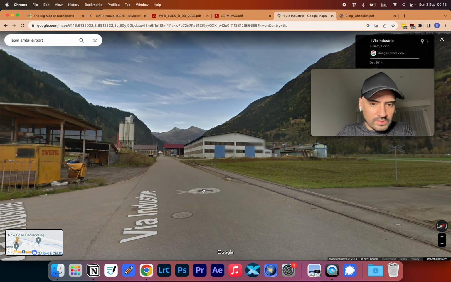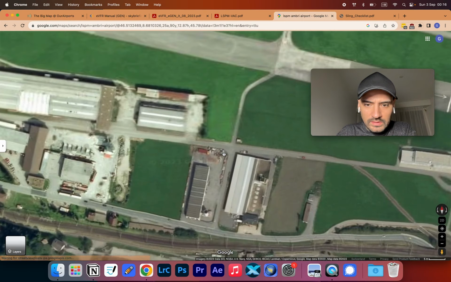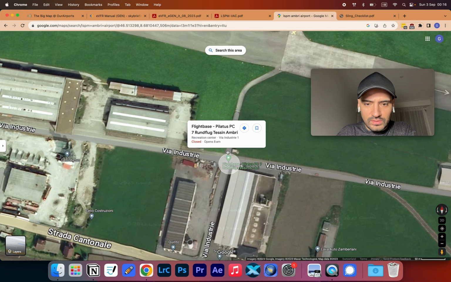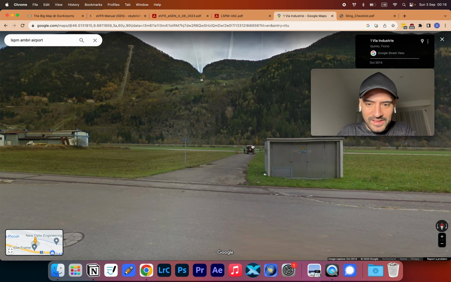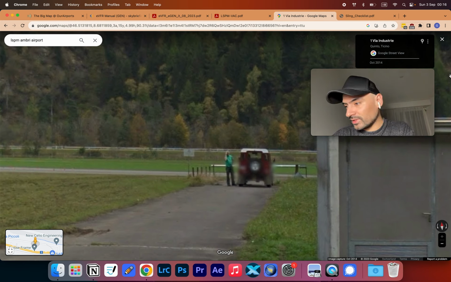Actually, I think I'm right behind. Yeah, right there, we can, actually I zoomed the wrong way. Right there we can see one of the barriers, and yeah, it's very interesting. You can control them